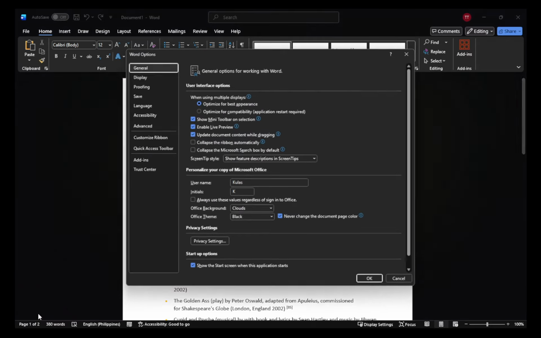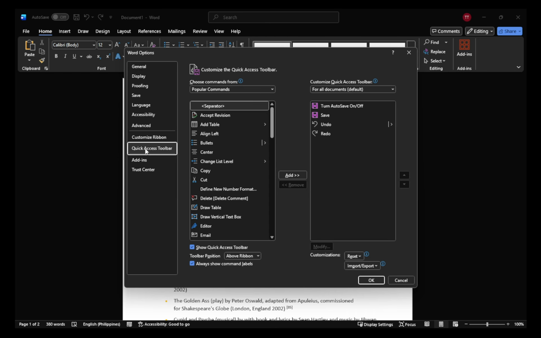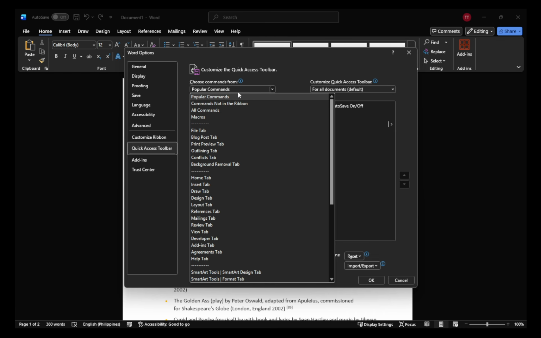Doing so will open the Options dialog, a comprehensive set of settings that lets you customize Word according to your preferences. Once you're in the Options dialog, look to the left-hand menu for Quick Access Toolbar. Click on it. This section allows you to modify the toolbar that appears at the top of your Word window,